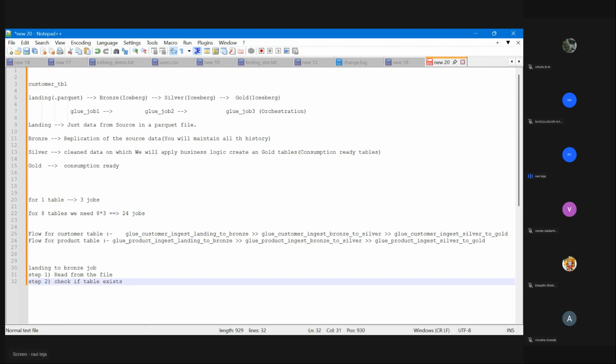Based on the answer, if it exists, append data; if not, create a new Iceberg table. Then step three, once successfully processed,